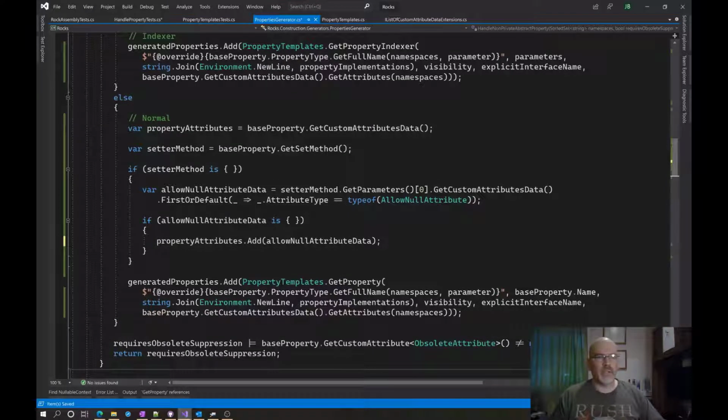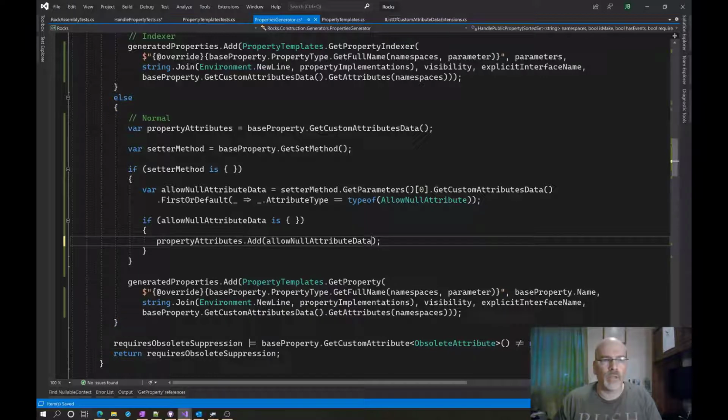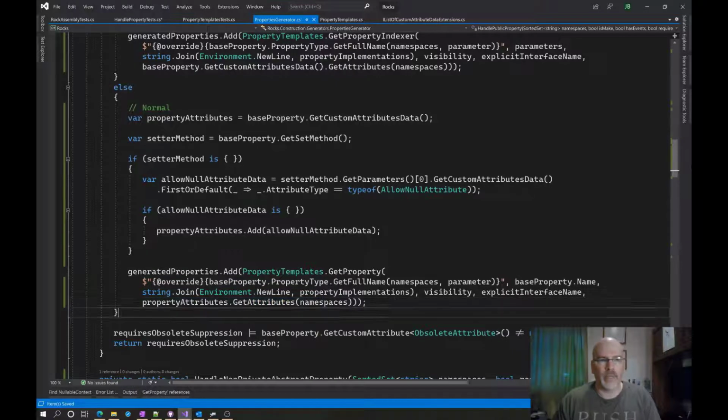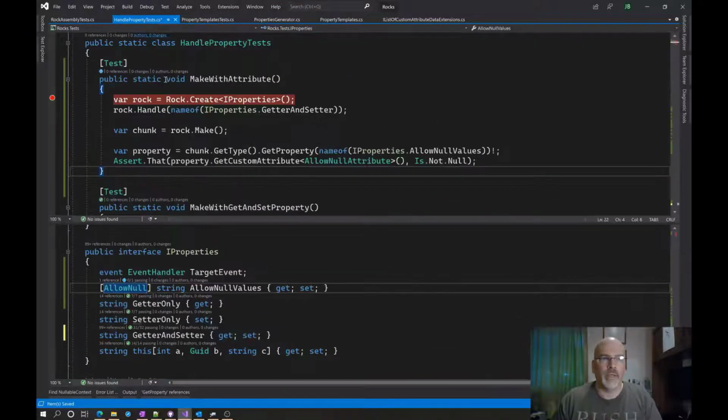Now, is this really going to let me do what I want it to do? So, we're going to find out. So, what we want to do is take these property attributes, and that's what we want to do there. Okay, now, I think that in this case, like I said,